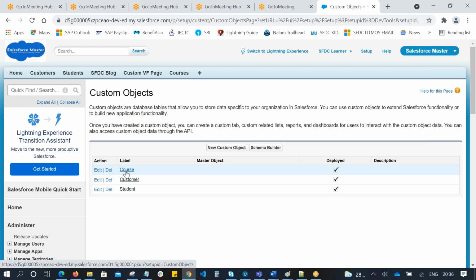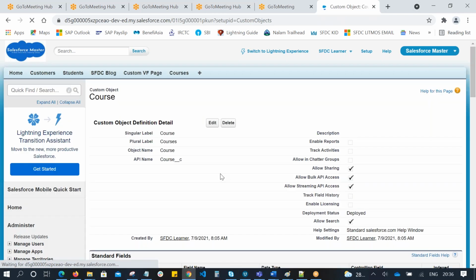I want to build a relationship between the course and student objects. As I told you, we can build a relationship from the child object. In our case, course is the child object. Just open the course object.